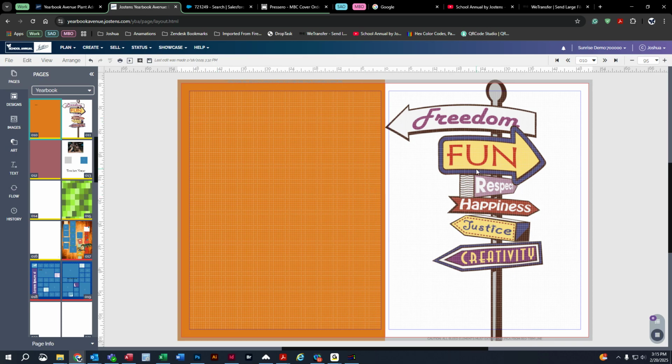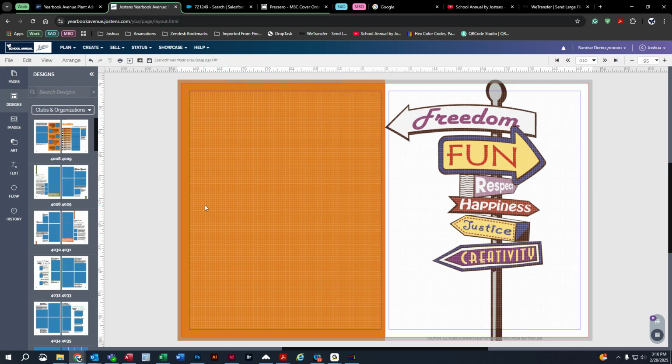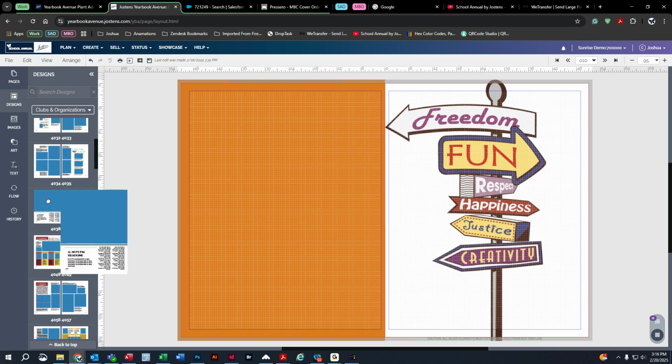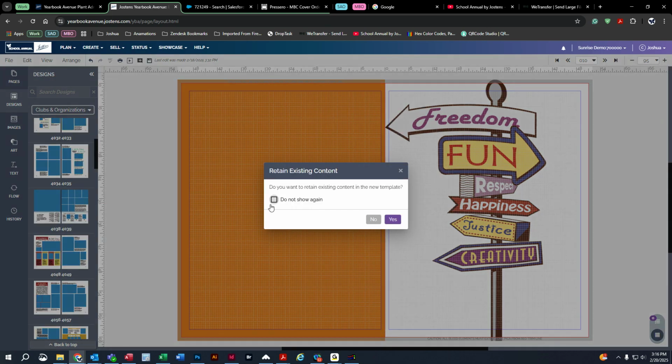And so here we have backgrounds already placed on the page. Now to understand what that little pop-up is, let me demonstrate that for you. So let me come down to the template we were going to pick. So if I click this and bring it over here, again, it asks me, do you want to retain the